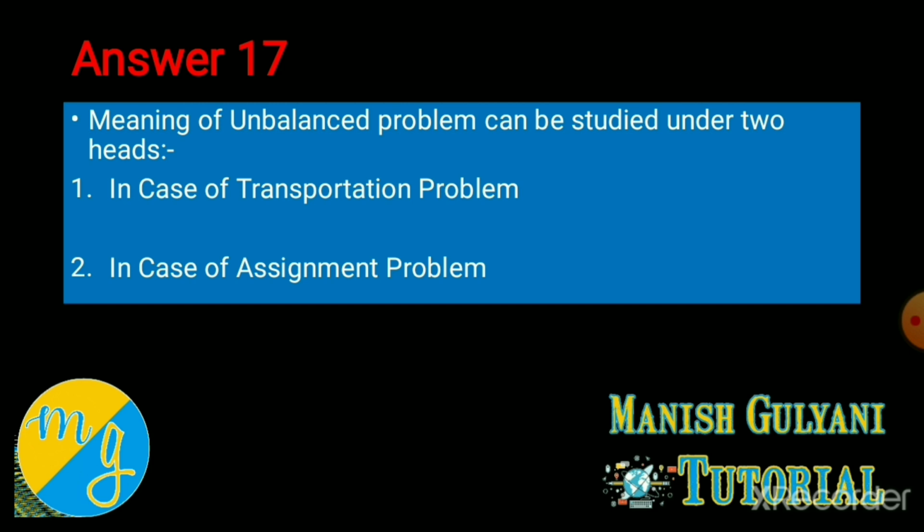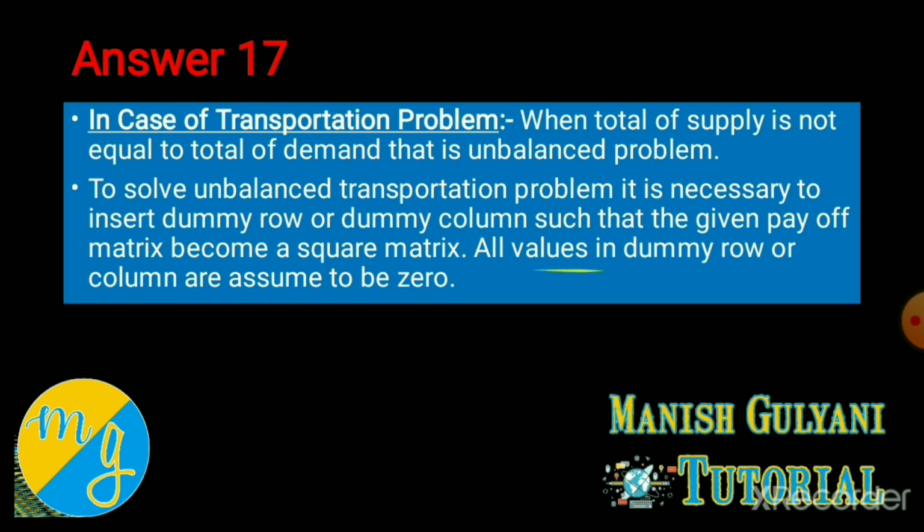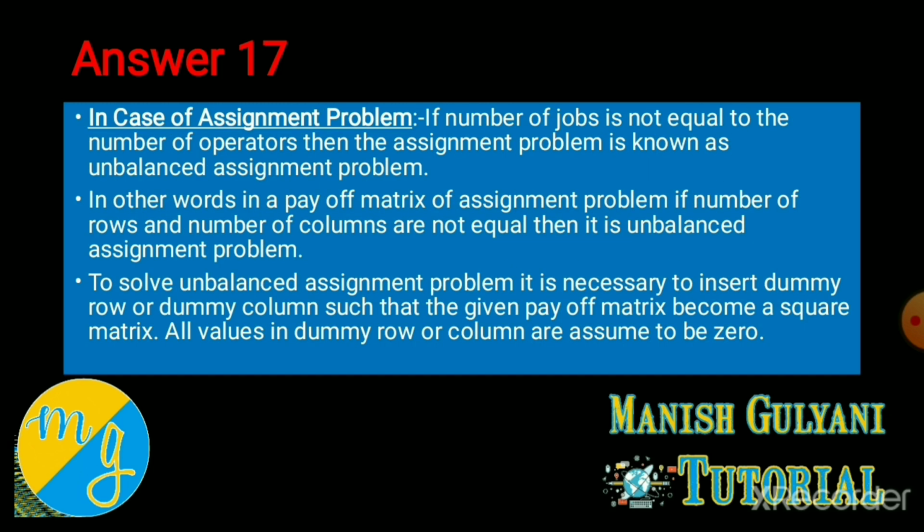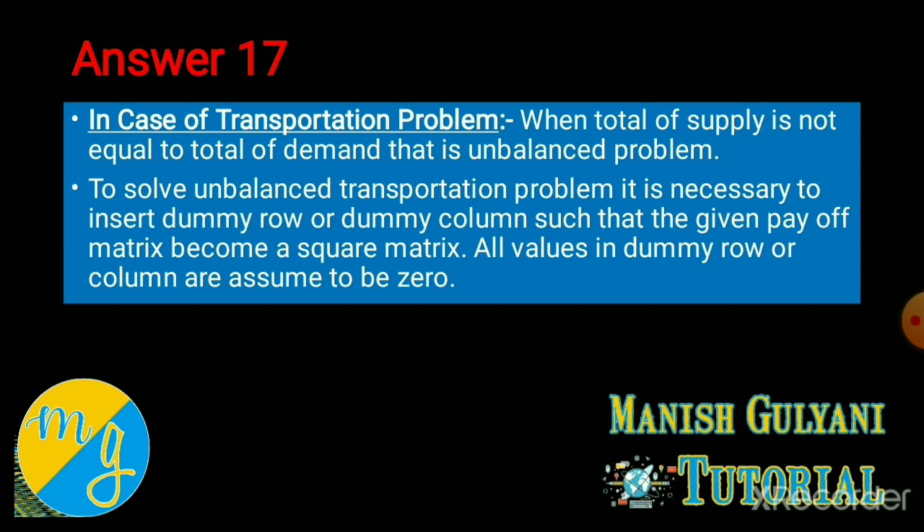Under transportation, first step, identify cases balanced or unbalanced. Now the question arises in your mind, how can you identify cases balanced or unbalanced? Balanced case simply means when total of supply is equal to total of demand, case is balanced. So first step, you have to compare your supply total and demand total. If both totals are the same, then case is balanced problem.